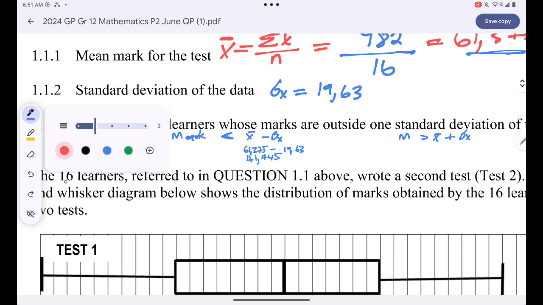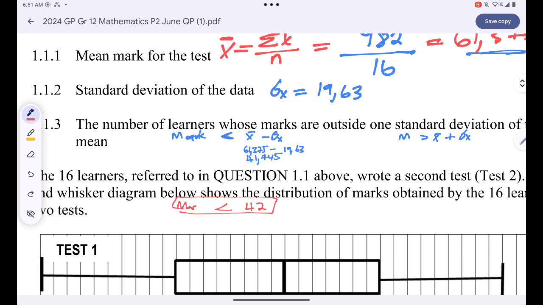And basically, guys, I'm looking for a mark which is less than 41.745, which can be written as 42. So all those who got less than 42 are just 1 standard deviation away from the mean, and those who got